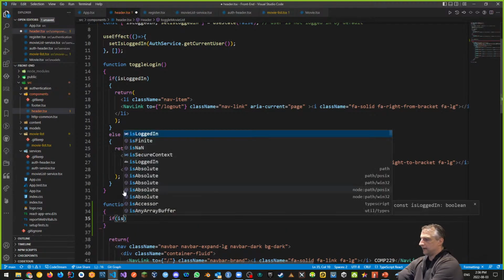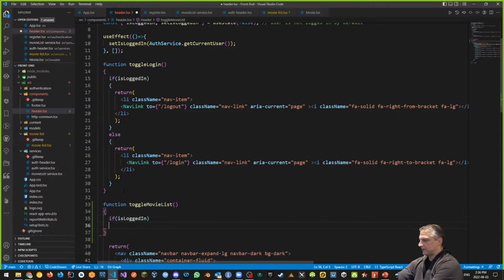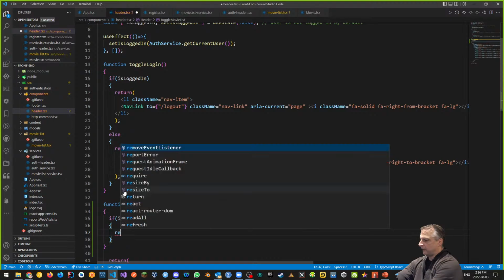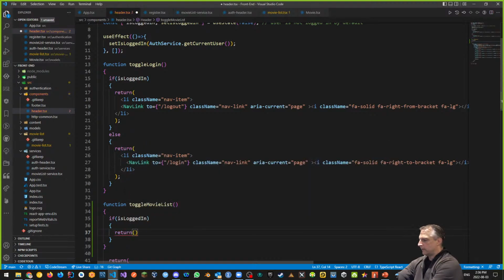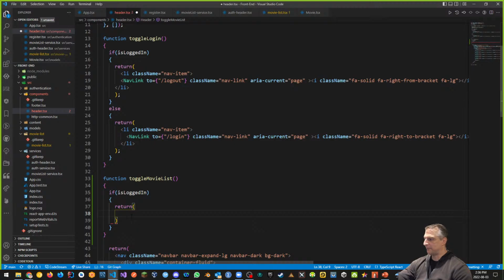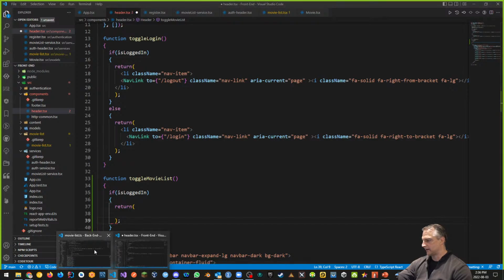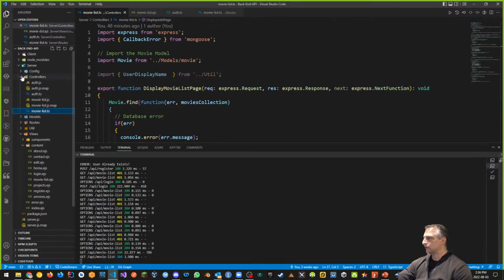And if is logged in, I'll check to see if I'm logged in. This is also the same thing. Then what I want to do is return that movie list link that I had before. I don't want to reinvent the wheel. So what I want to do is grab that from the back end. Let's go back to the back end. And I want to go to the